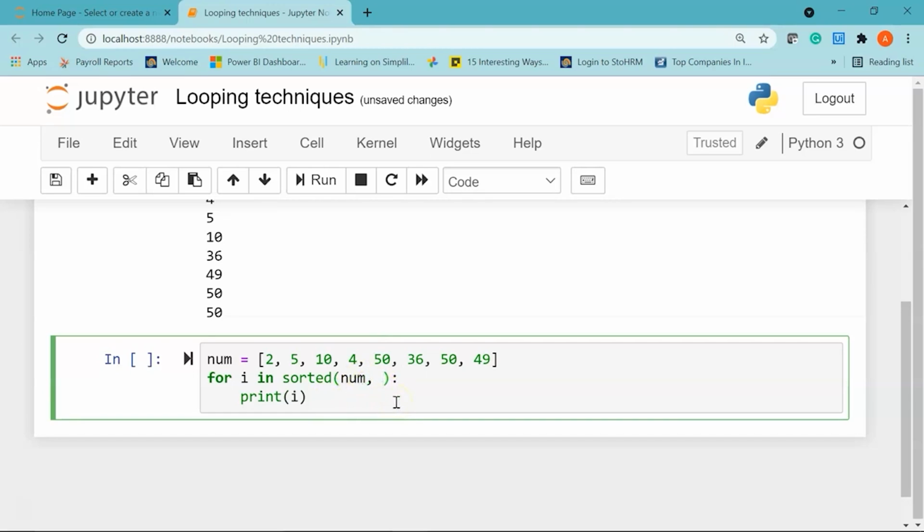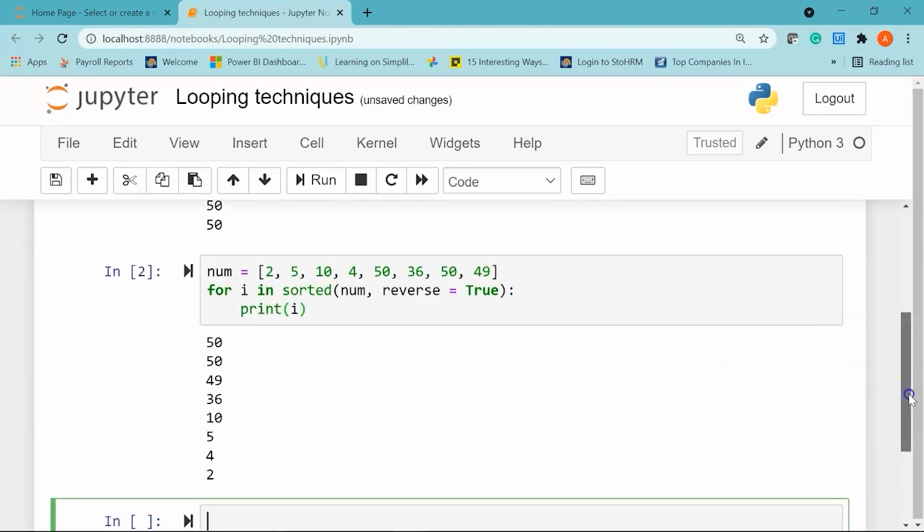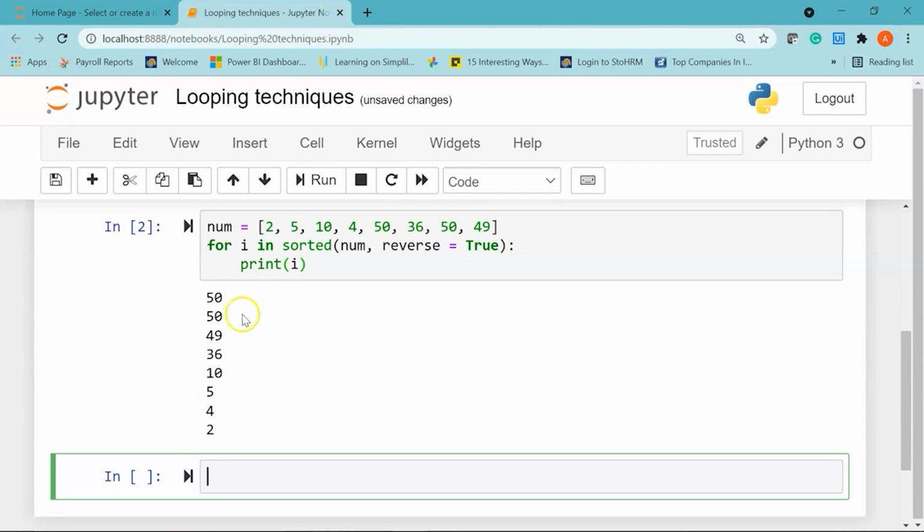After this, I'm going to pass in another parameter called reverse equal to, I'll say true. Now reverse equal to true will make sure Python will sort the list in descending order. If I run it, you can see the difference. We have sorted the elements in the list num in descending order now. So we have 50, 50, 49, 36, 10, 5, 4, and 2.